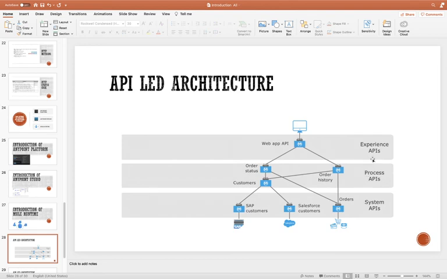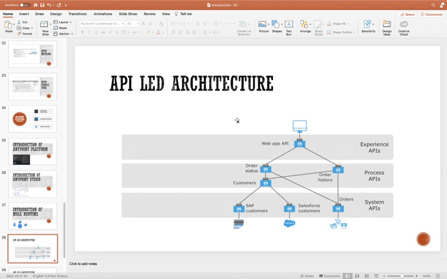And in the experience API, for different experience systems, for example, currently we have a web application, so for this web application we will create this experience API. In future, if there is a mobile application, that mobile application may need a different set of data. If we use the same experience API, then unnecessarily we may pass extra data, or we may not pass some required data.